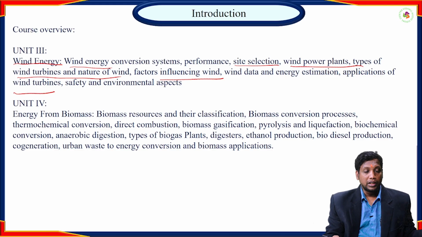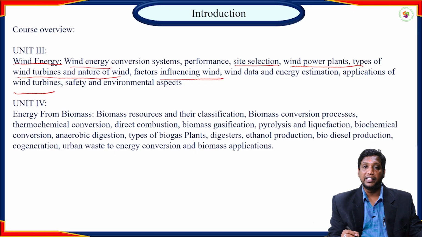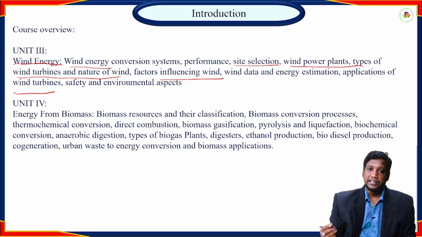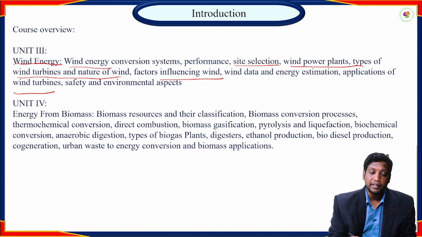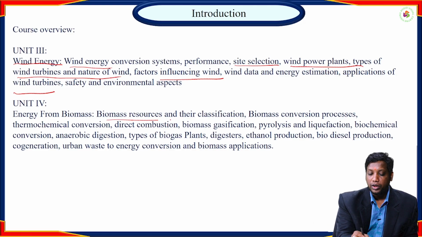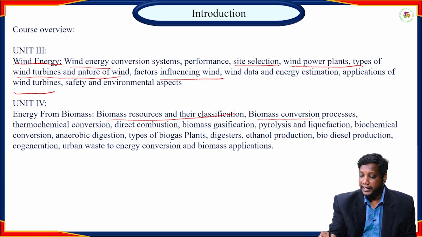And one more type of indirect form of solar energy is biomass energy, that we will discuss in unit 4. Biomass is nothing but organic waste, where again using the solar energy, the photosynthesis reaction is happening. Because of the photosynthesis reaction, whatever biomass is generated is also a huge source for energy generation. So first thing is that biomass resources and their classification we will discuss, and what are the various present techniques for the conversion of biomass to useful fuels, like biomass to biodiesel or biogas, bioethanol, and